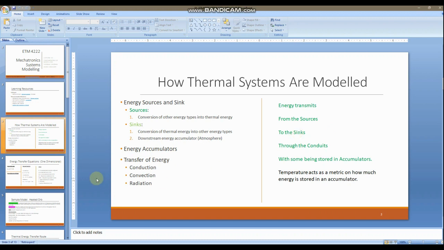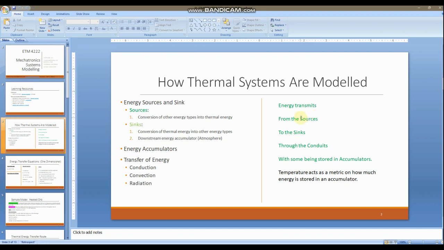Now, if you remember the zeroth law of thermodynamics, I don't know whether it's the first or the zeroth, but there's a thermodynamics law which states that energy cannot be destroyed. I think this is the first. Energy cannot be destroyed, nor created. It's only transformed from one form to another. But